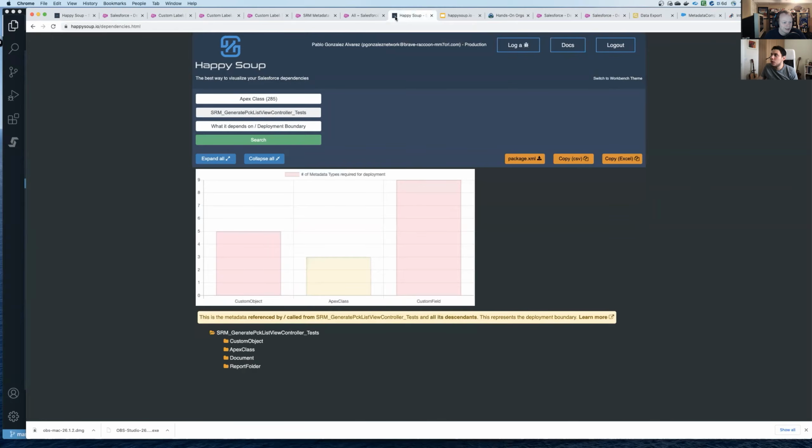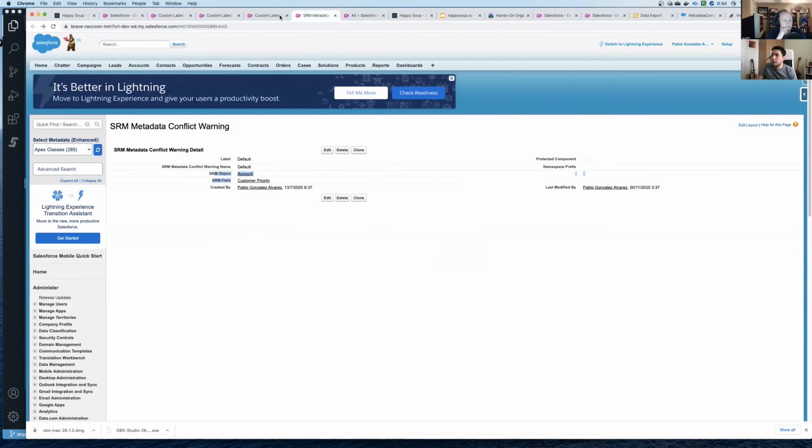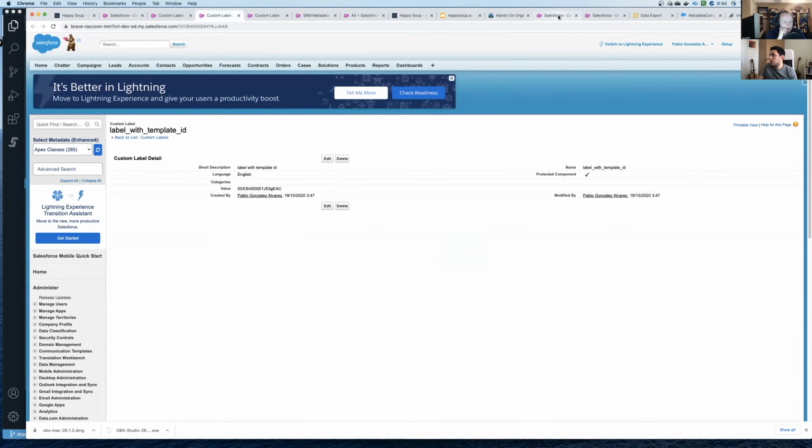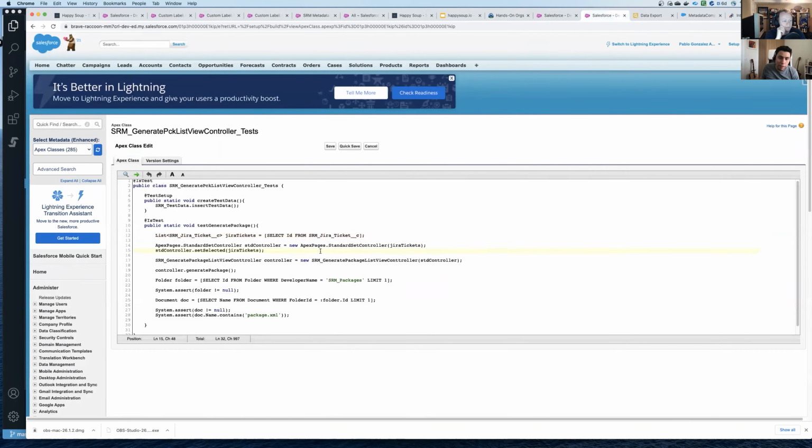But if you were thinking of maybe creating a scratch org, maybe you want to do development on this class in a scratch org, and obviously you can't unless you pull. What you would normally do is push the entire org into a scratch org, which totally defeats the purpose of the scratch org. But if you can preload the scratch org with the deployment boundary of this class, then you could literally just